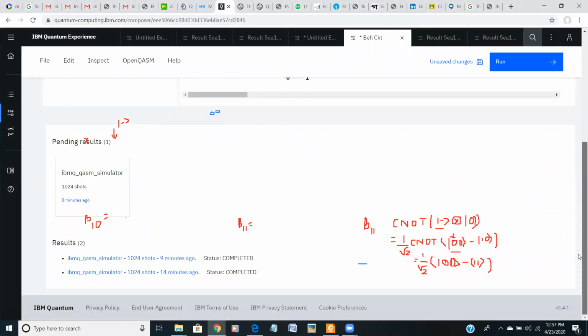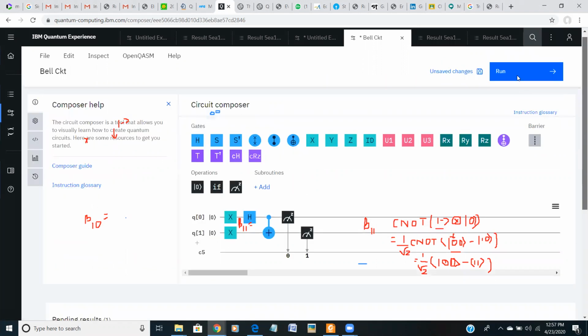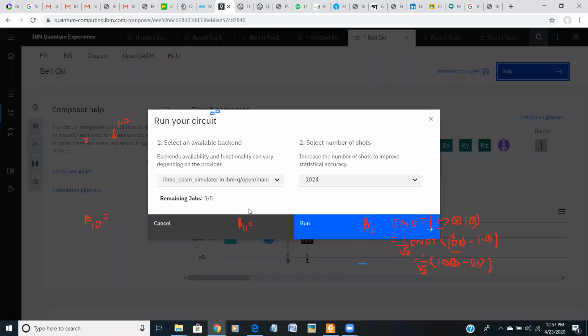Oh my god, the result is still pending, because suddenly the jobs are in a queue. I don't know why. There are so many jobs in the queue.